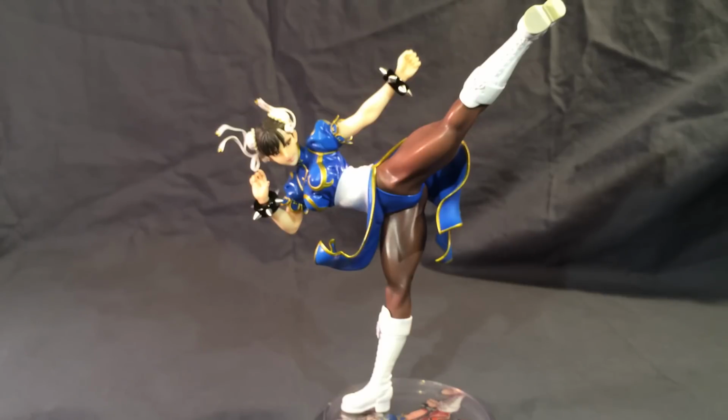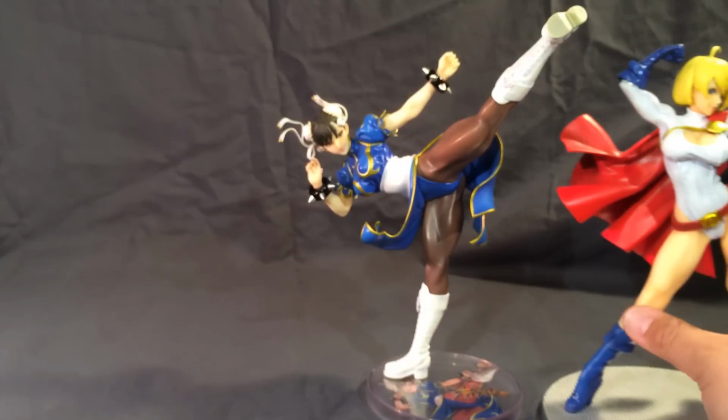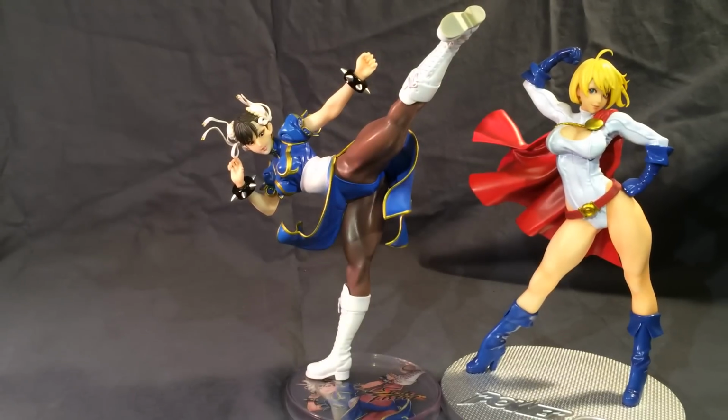maybe Storm? I can't quite tell, but here's a size comparison to kind of illustrate what I'm talking about here. So Power Girl is one of the biggest Bishoujo I can think of that I know is...